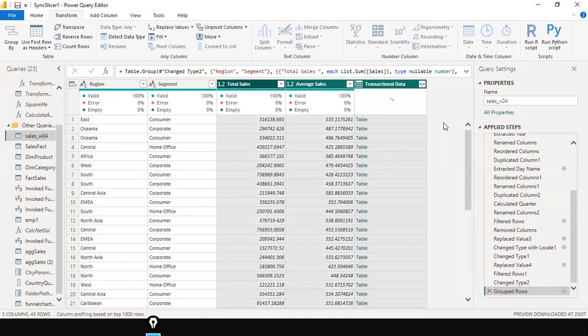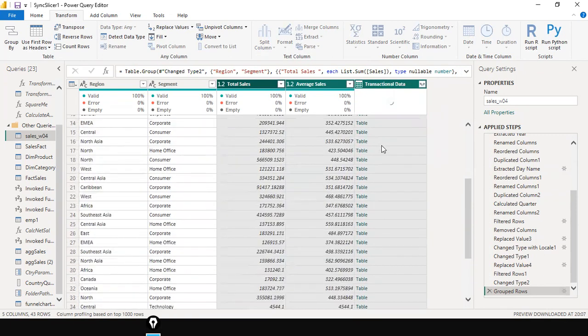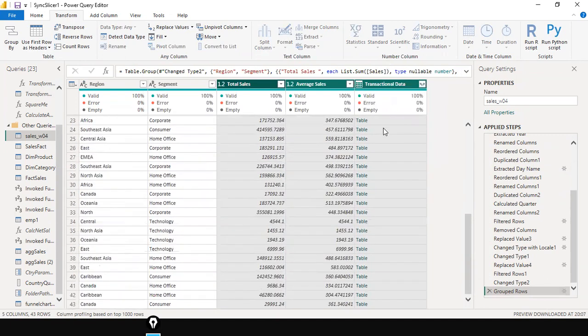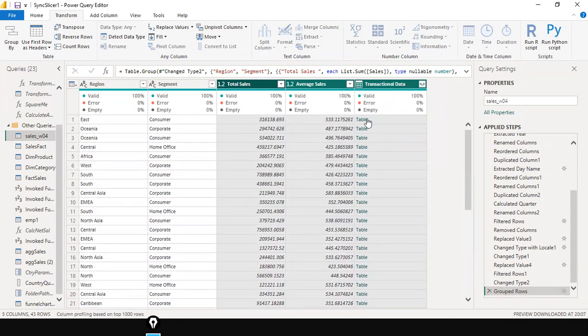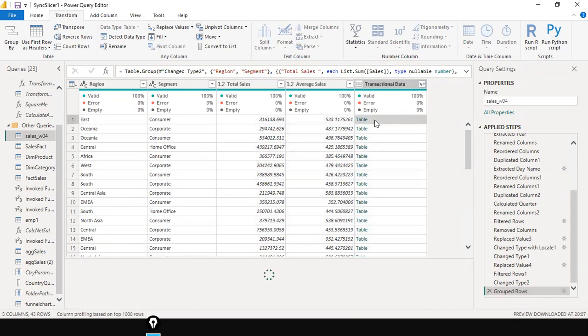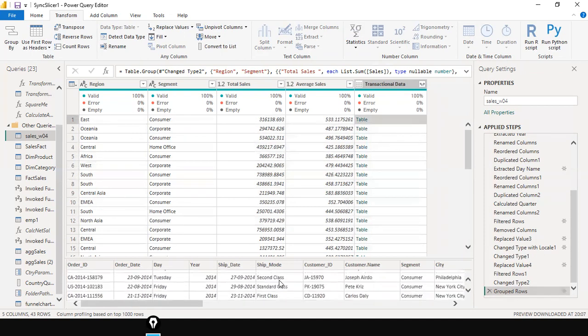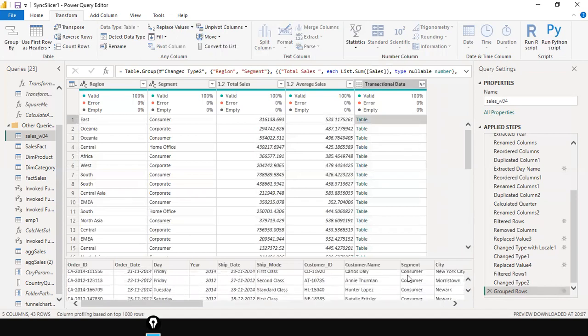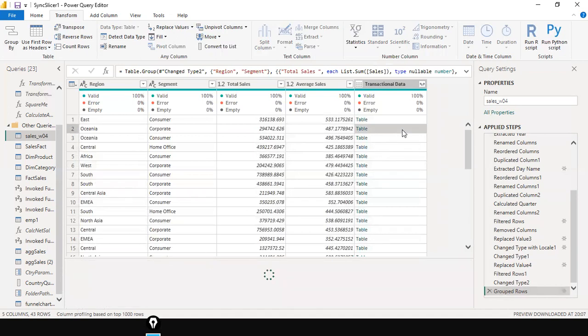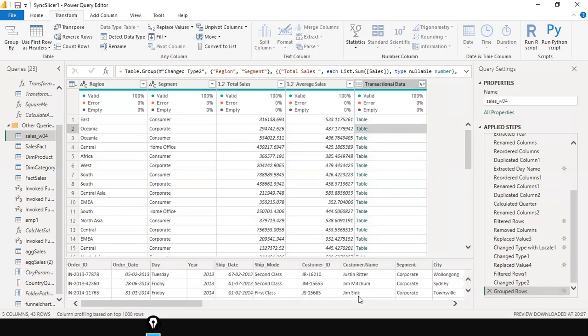Since I have used all rows, you can see in this column the table from the beginning till the end. If you click here, next to the table, not on top of the table but on empty space, it will show you, for the combination of East and consumer, how many records there are. Look here, many records are there, right? Similarly, when you keep the cursor over here, it shows the records that belong to Oceania,